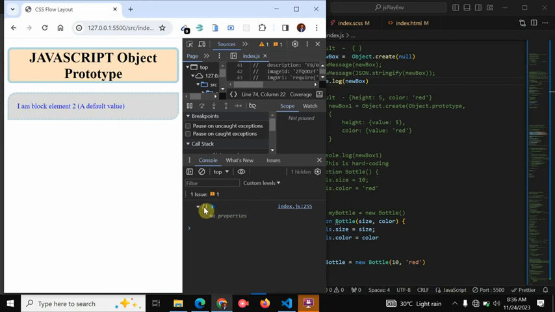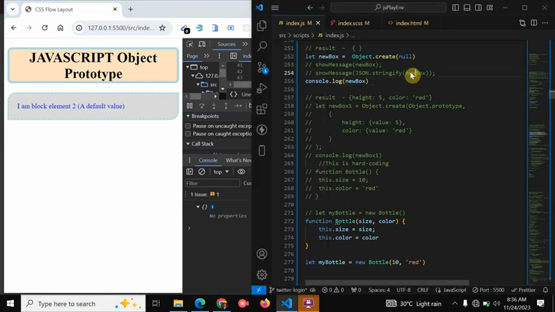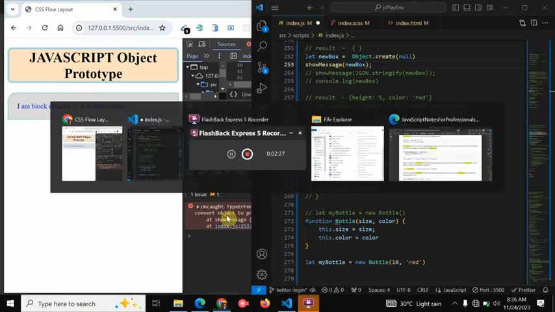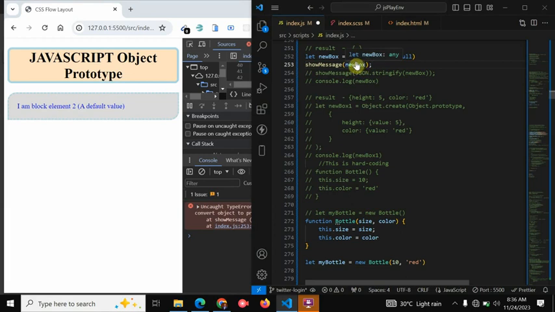You can see the object literal symbol here, curly braces, open and closed. And here we have Object.create null. But if I try to view it on the browser, definitely that won't be possible, because it's null, it's empty, it has zero properties. So it's not displayed on the browser. Instead, it threw some errors on the console here. You can see: cannot convert object to primitive value. It's an object but cannot be converted to a primitive value. Hence, it cannot be displayed on the